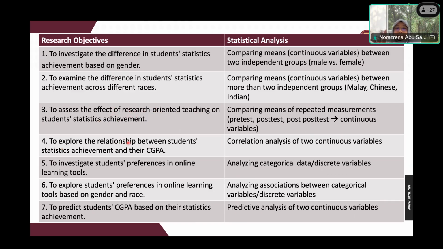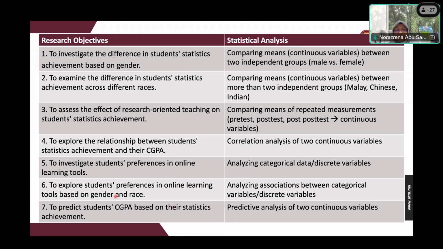The fourth one, to study the relationship between 2 continuous variables. And then to investigate student preferences in online learning tools. This is using the chi-square test, because preferences in online learning tools, for example, whether I like to use Moodle or Kahoot or Quizzes, so that's the nominal data. So these two use the chi-square test, while the last one is to predict